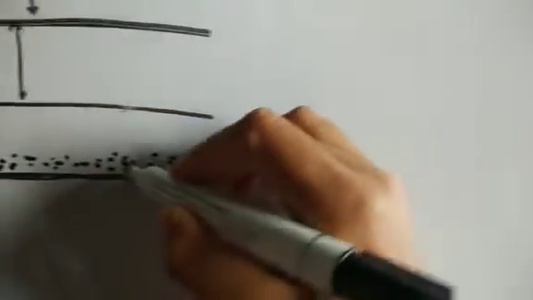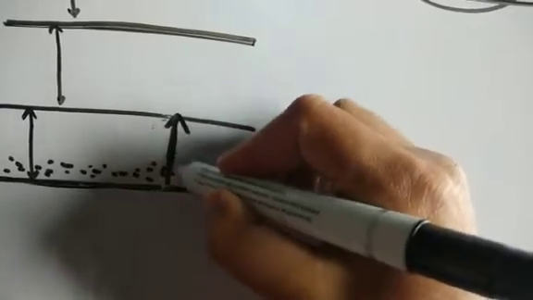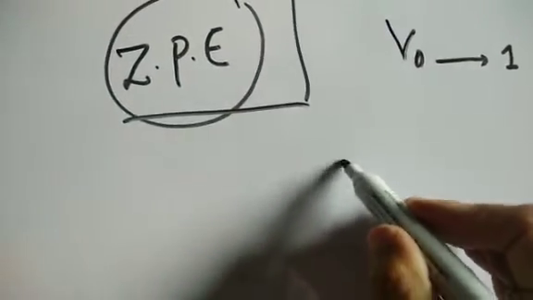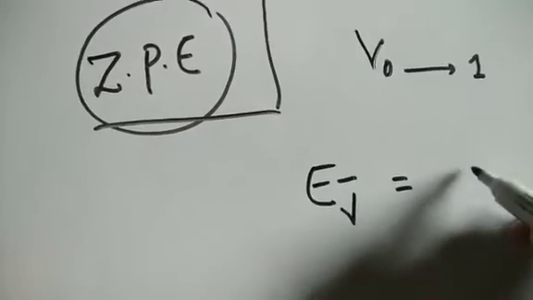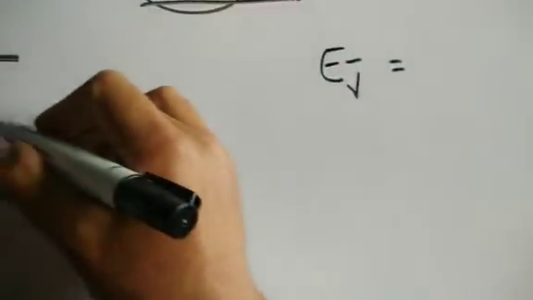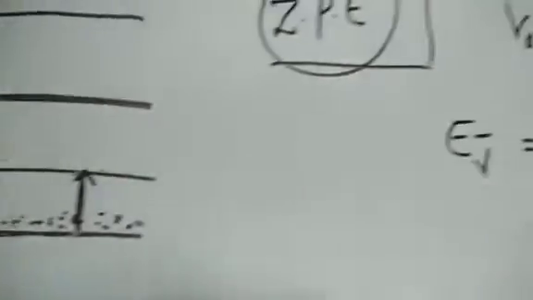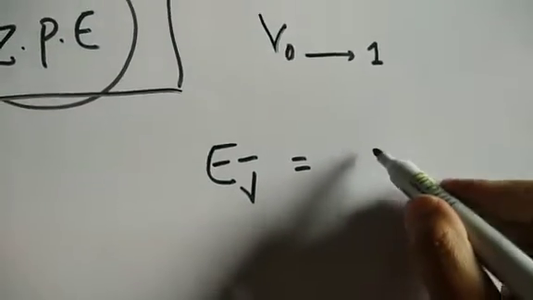Let us see the molecule goes from this state to this state, and it absorbs the IR radiations. So we're talking about transition from V0 to V1. So we can calculate the energy as higher minus lower, this minus this. Let's see how much that energy is. So for that, how much energy is required, that is